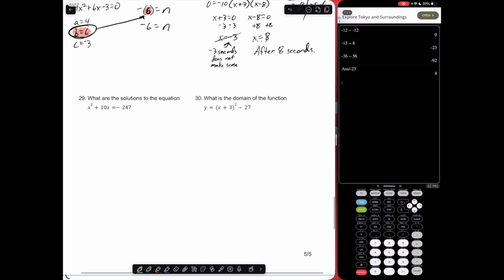Last two problems. What are the solutions to the equation? This is just another factoring problem. The thing to recognize here is that we need to set the problem equal to 0. Now we can simply find factors of 24 that have a sum of 10. For the sake of time, pretend I wrote them all, or you know what the answer is. It's going to be 4 and 6. So x plus 4 and x plus 6,